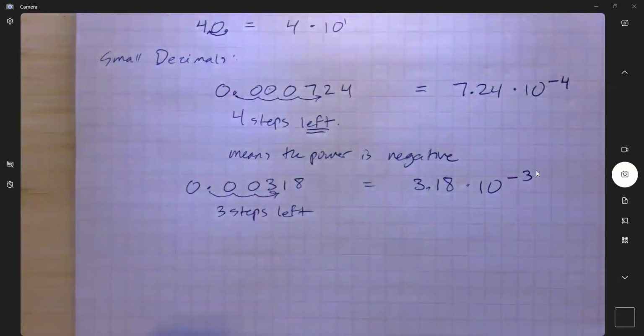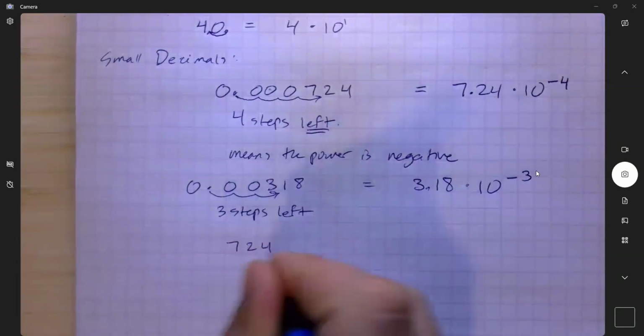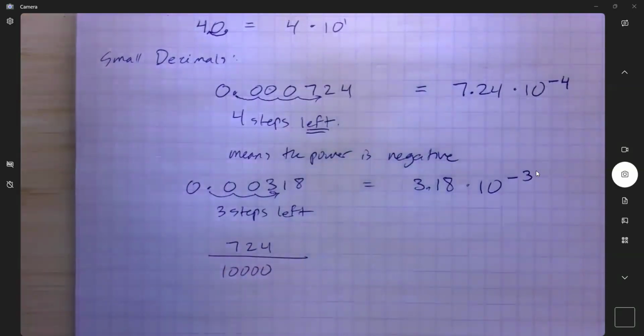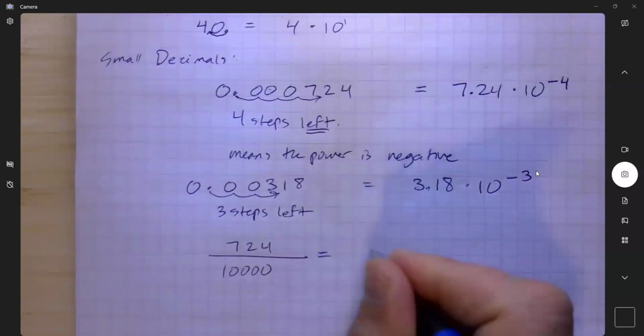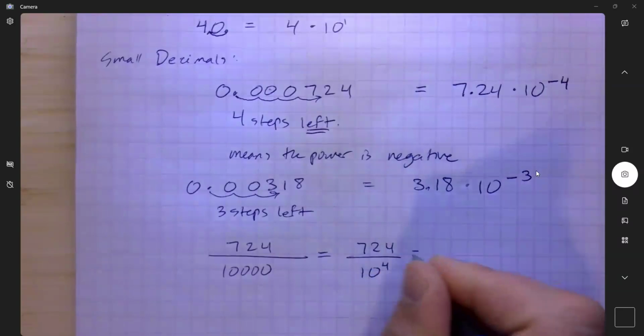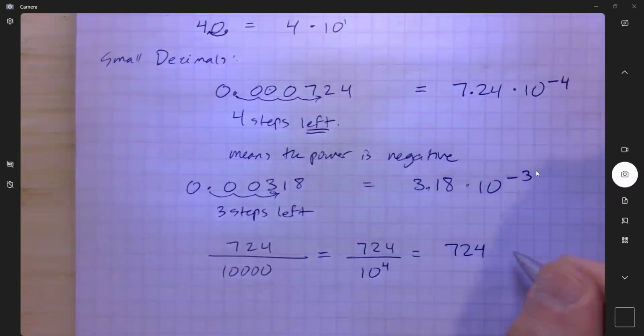We can also write fractions, certain fractions in exponential notation. For example, if I wrote 724 over 10,000, well, that's actually, let's use our exponential notation. 724 divided by 10 to the fourth, which is 724